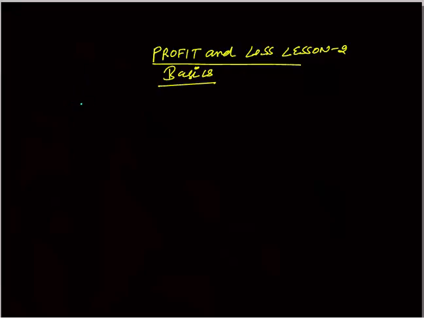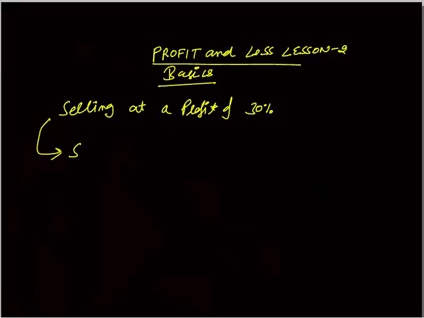Suppose you are selling at a profit of 30%. Now can I say selling price is equal to cost price plus profit. I will give you the most important logical formula to solve the questions in profit and loss. Can I say CP is 100% of CP, cost price. Cost price is 100% of cost price. Plus profit is always calculated on the cost price if not given.